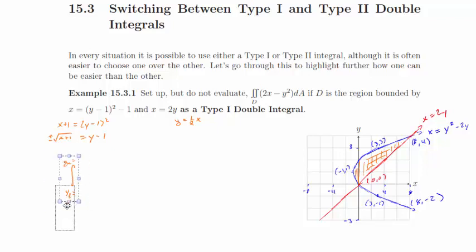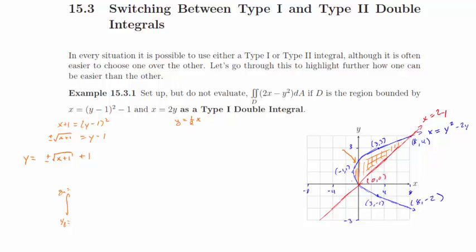Again, we're not going to actually be taking the integral. We already know it's 0. We're just going to see how much more difficult it is to set it up when we try and think of it in the opposite direction. So here we get y equals plus or minus the square root of x plus 1, plus 1. And so